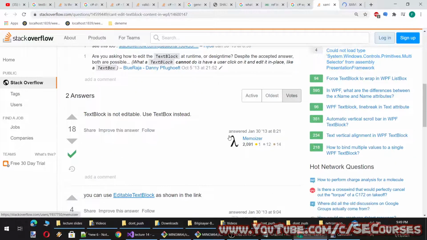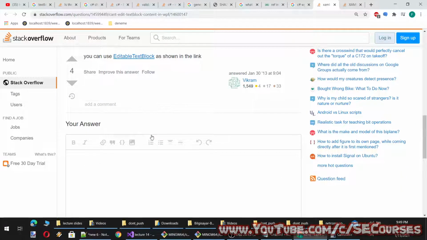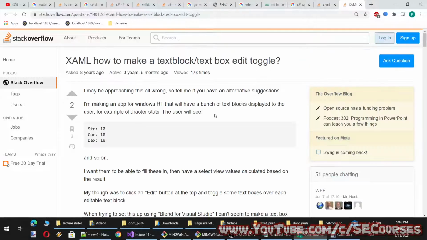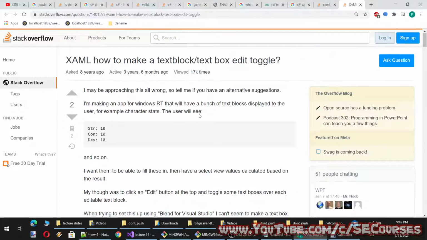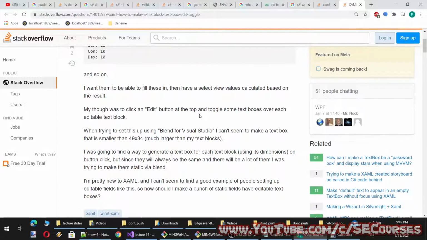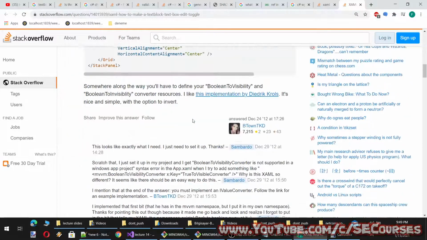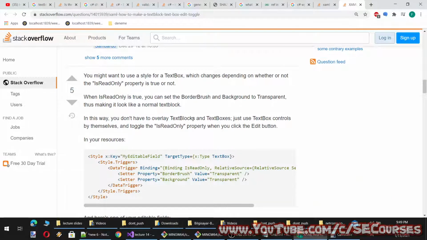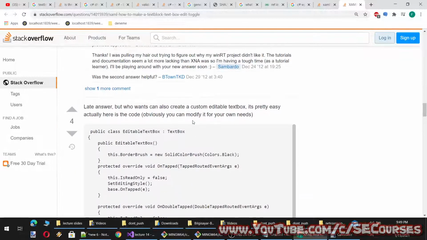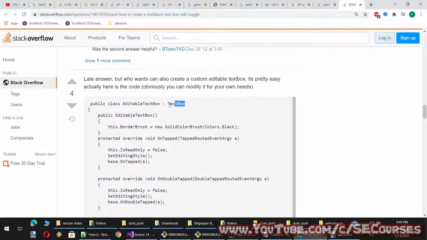Okay, so how do we make it editable? Oh, by default it is not editable. So I was remembering it incorrectly probably. Oh, they have used inheritance.